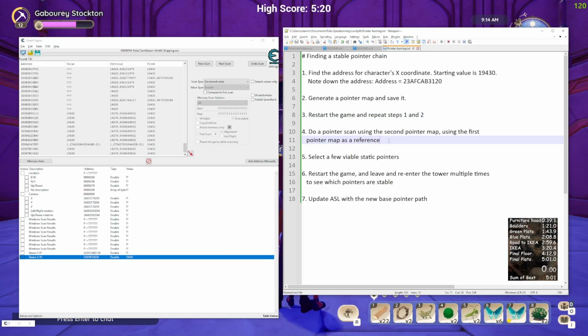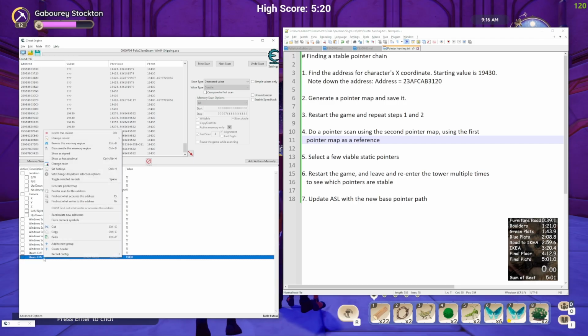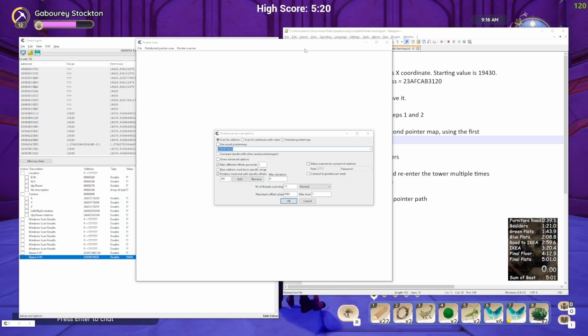and after it's saved, we're going to go on to doing a pointer scan. In order to do that, we're going to take this second address and right click it and hit pointer scan for this address, right underneath generate pointer map. Now open up this UI